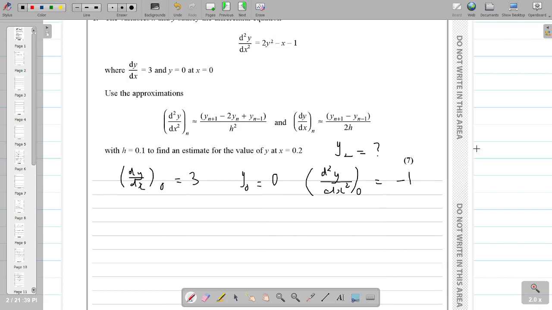All right, so basically, to explain how iteration for this works, this h basically amounts to how much our x increases by as we try to approximate different values. Right, so if we want to find the value of y at x equals 0.2, if we use h equals 0.1, we're basically increasing x by 0.1 each time we iterate, or each time we calculate a new value. So x equals 0.2